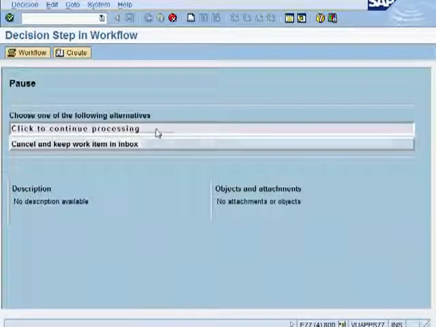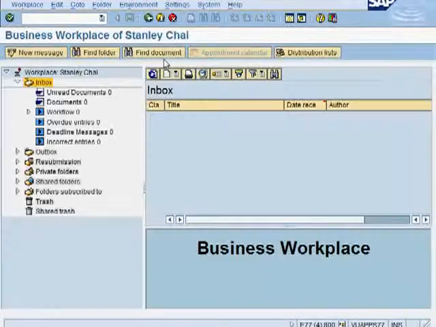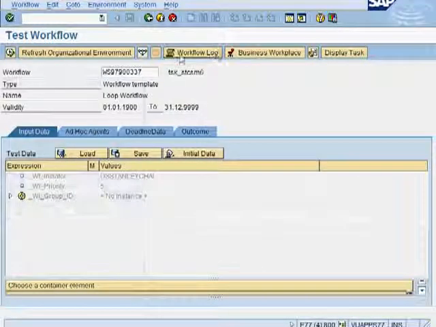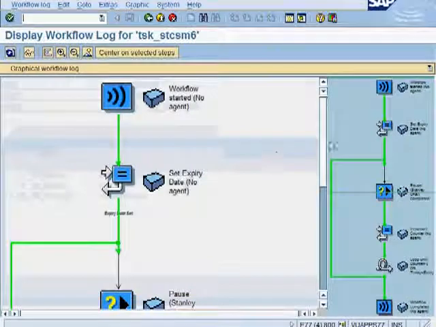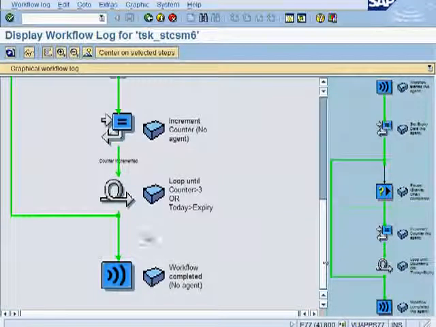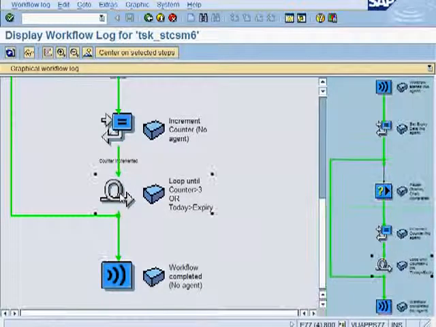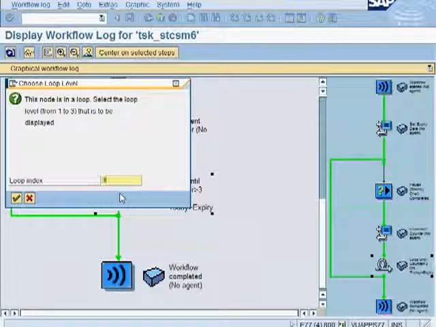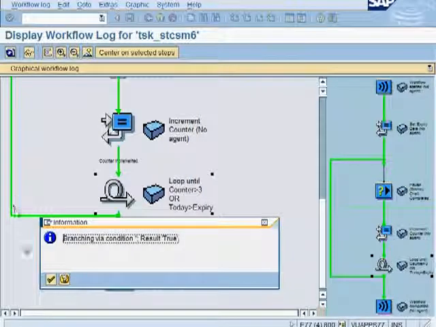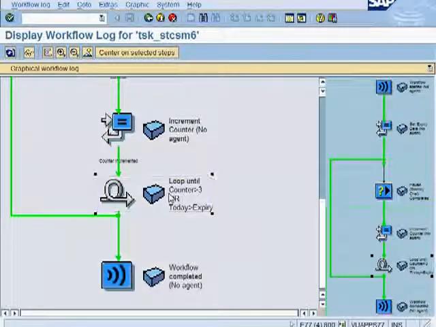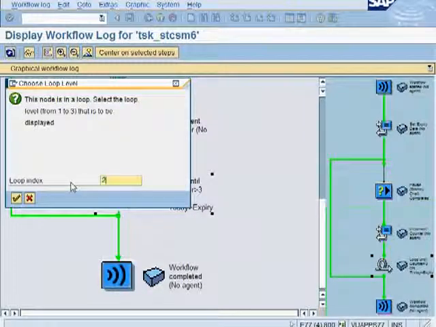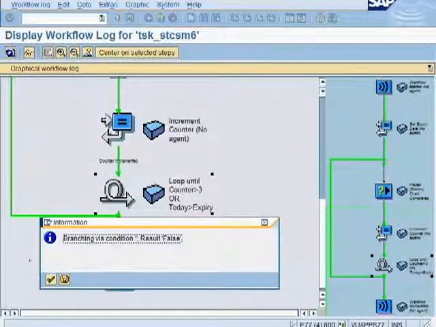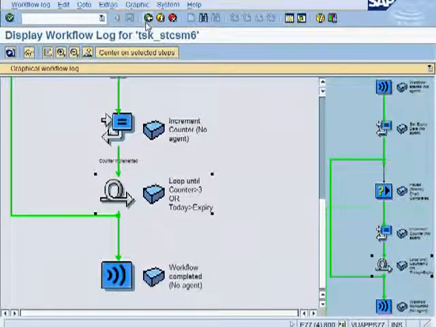And after this round, it should come out of the loop. Go back, examine the workflow, and yes, it has come out. So the workflow has completed, and this has become true. I'm going to look at the 3rd time, and yes, it's become true. If you look at the second time when it loops, then it's still false. See that, right? So this is how a loop can be used to control your looping together with the container